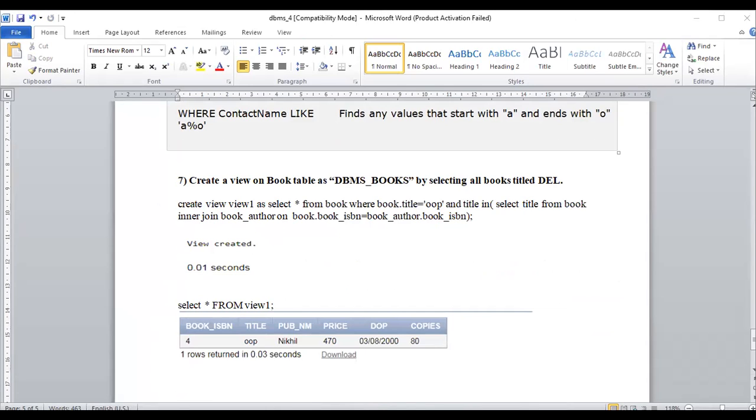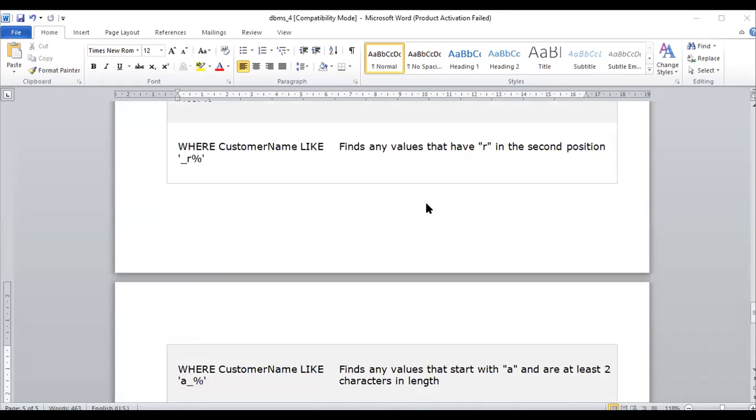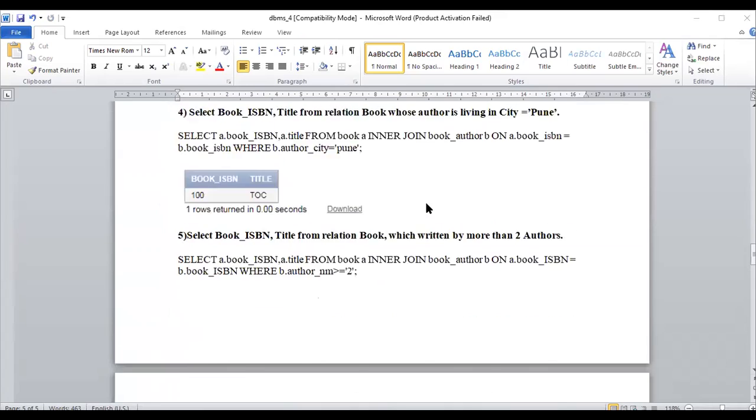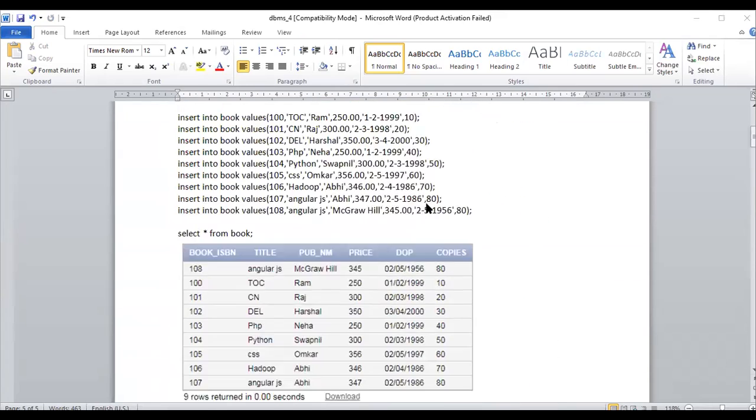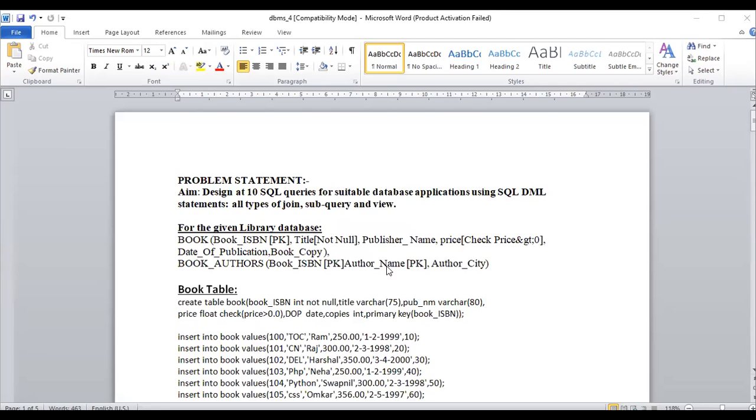In detail we have learned the DML queries. Okay, so we have almost finished with DDL and DML. All of you remember the query within query, view, and all the join operations we have performed under the third assignment of the DBMS lab.